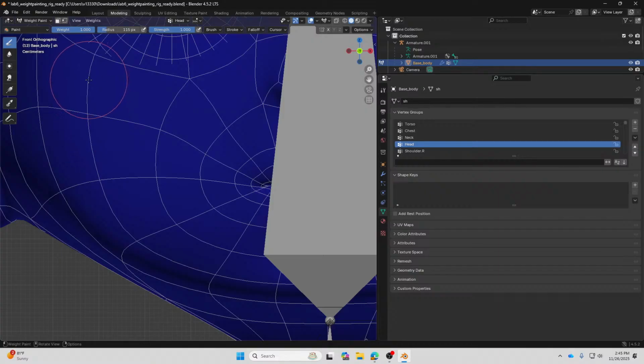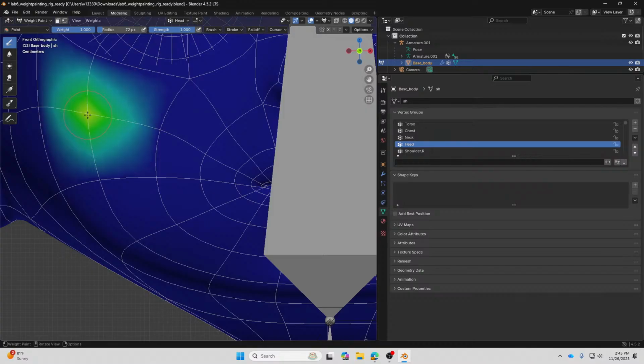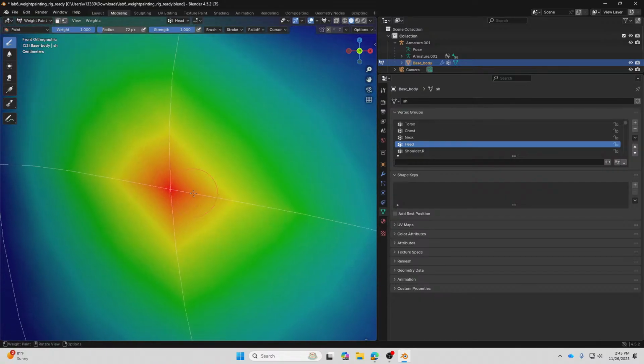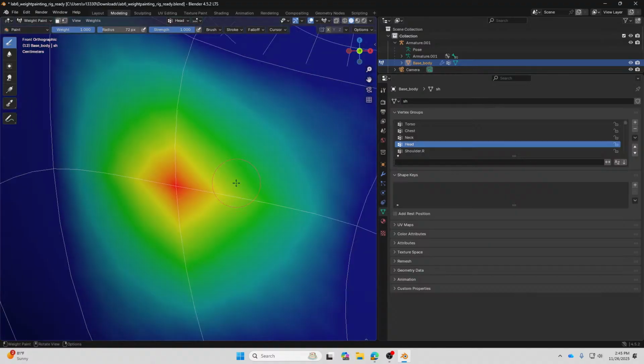If you place the brush over here and try to paint, nothing is going to change. Or if you place it on the face over here, nothing is going to change. You place it on the point and you click, and then you're going to see the vertex here being changed to 1, corresponding to the red color. Do that on your ends.